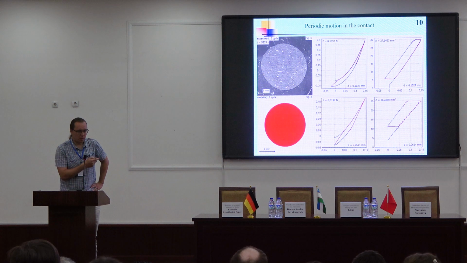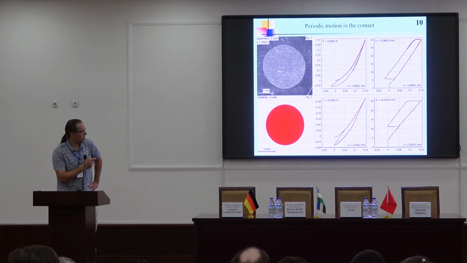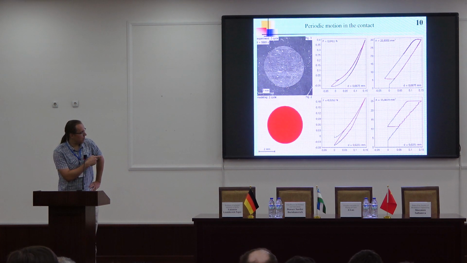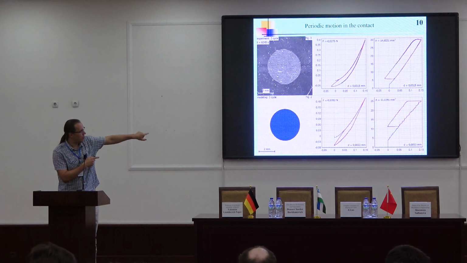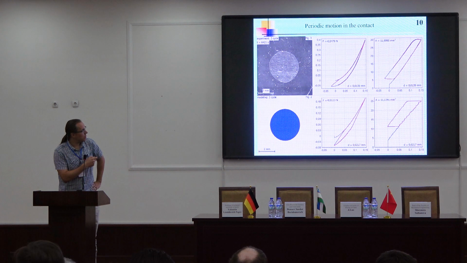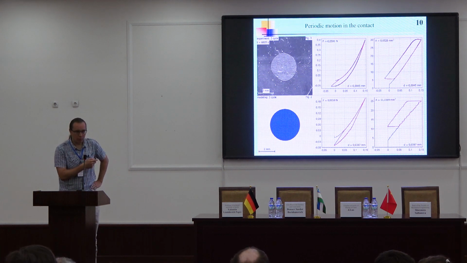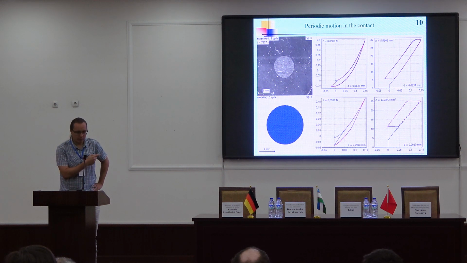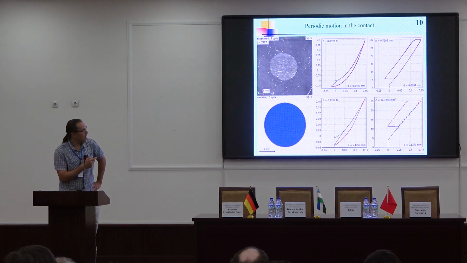There is no such kind of hysteresis in classical JKR theories. And in all these three panels below, you can observe the results of simulation, but not in the boundary elements method. It was simulated within the framework of the method of dimensionality reduction, but for a half space, and in experiment we used